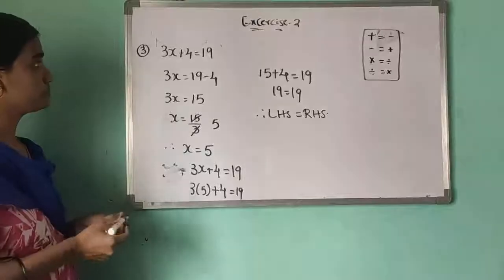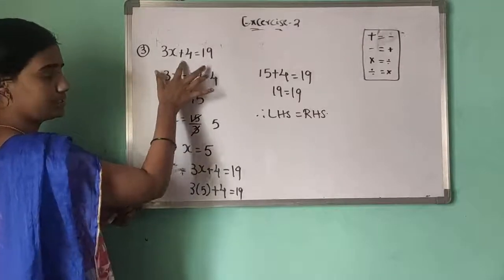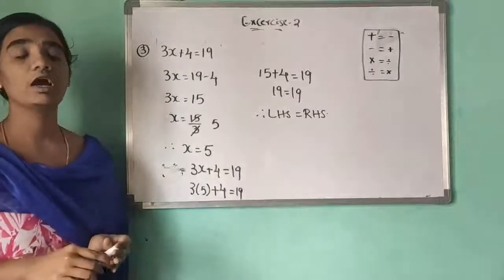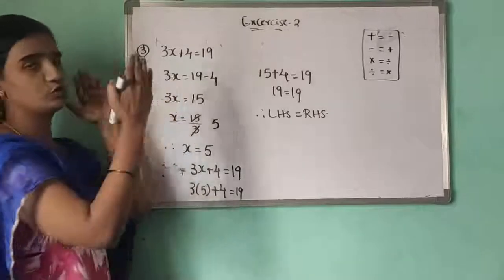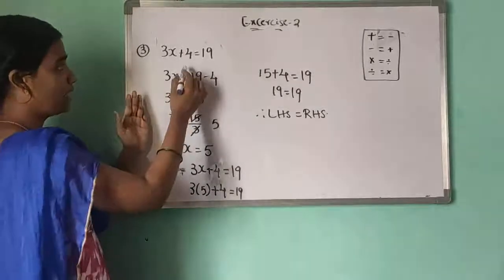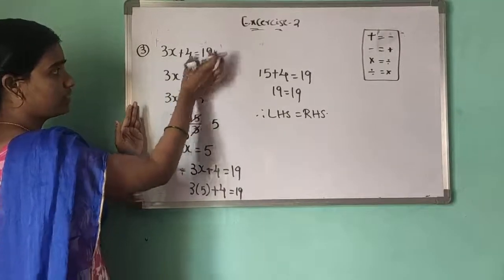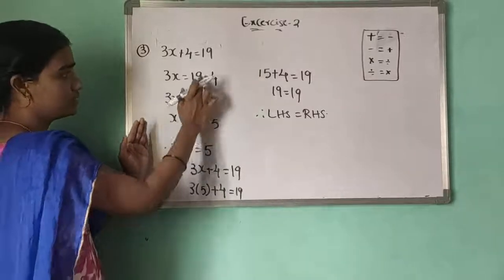Right? I will explain the simple method clearly. Here 3x plus 4 equal to 19 is the given equation. You have to find the x value. How can we find it? First we have to transpose the x values to one side, numbers to one side. So here I write the 3x as same, and I have to write the numbers on one side. 19 and 4 is there, it will become minus. So 3x equal to 15.